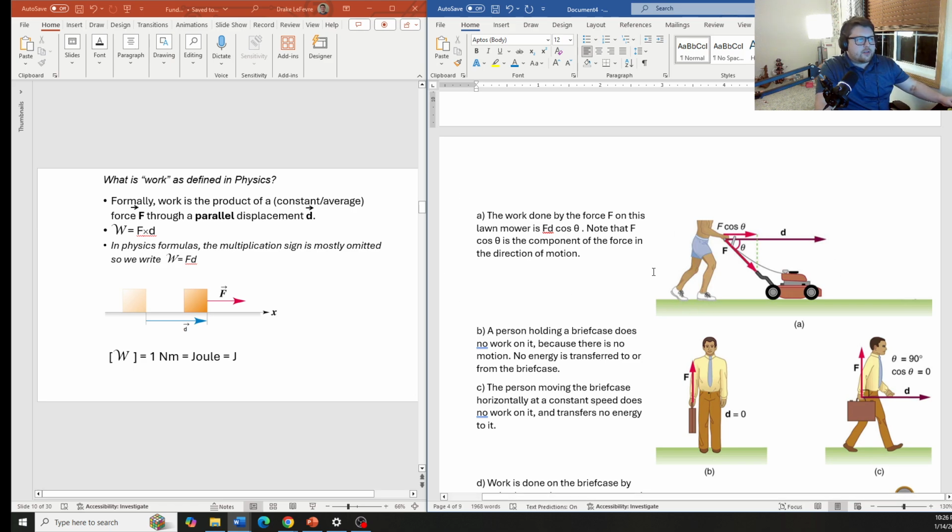This is another example right here of what we just talked about. So the lawnmower, again, we talk about work. Work only counts when we're talking about the displacement along the same axis as the force. So the lawnmower, in this case, is moving forwards and backwards, let's call that the z axis. Or we'll say this is in two-dimensional land, so we'll call this the x-axis for now because it fits with our formula. The work done by the force F on this lawnmower is force